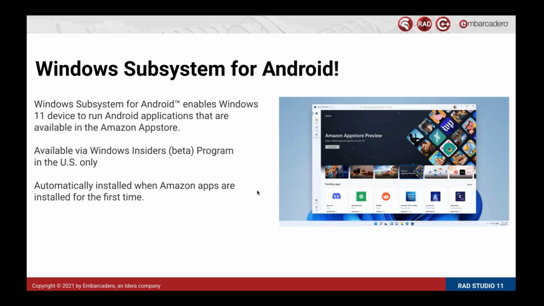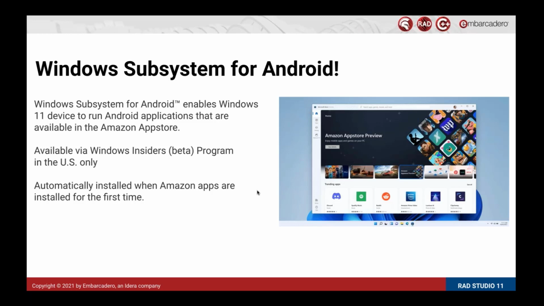But being able to recompile applications out into the Amazon App Store and run them both on a Windows machine or out to a tablet actually means that getting into that store is a bit more of an interest to me now as a developer. So if you have got apps, if you're already targeting the Google Play Store, then I would definitely be considering trying to get a copy of your app into the App Store for Amazon as well.